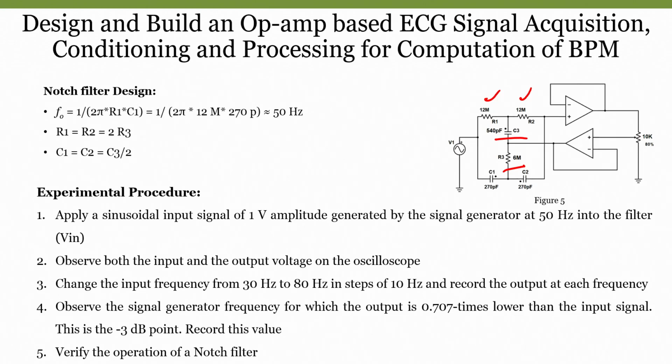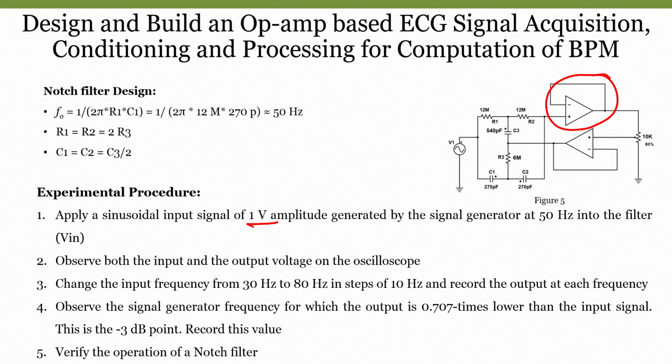So, we are taking the C3 capacitor as somewhere around 540 picofarads, right. Now, how do we test this circuit? Similar to our previous experiment, we will connect our input from the signal generator, which has an amplitude of 1 volt. Op amps are just used to provide some buffering or impedance matching, so we are not using any gain in this case. When we apply an input signal of 1 volt, we get an output of 1 volt as well.